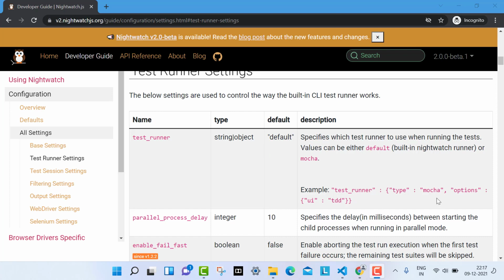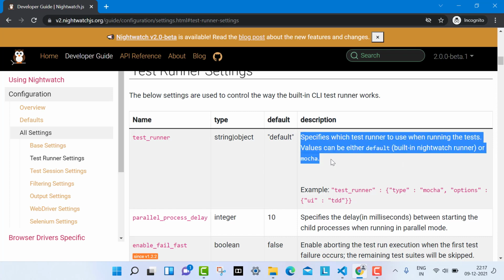Right now you can see that the type is Mocha. Mocha is also a test API which you can use for testing, as with Cucumber. By default the runner is Mocha, you can see that. Nightwatch gives Mocha as the runner by default.